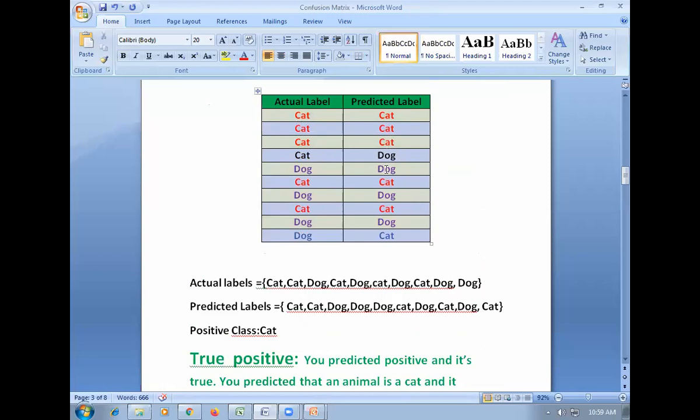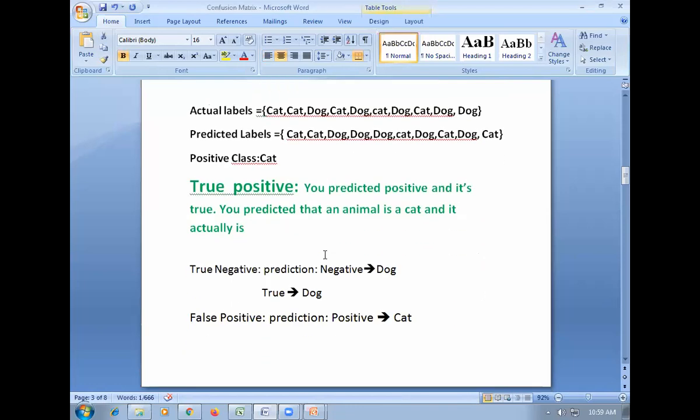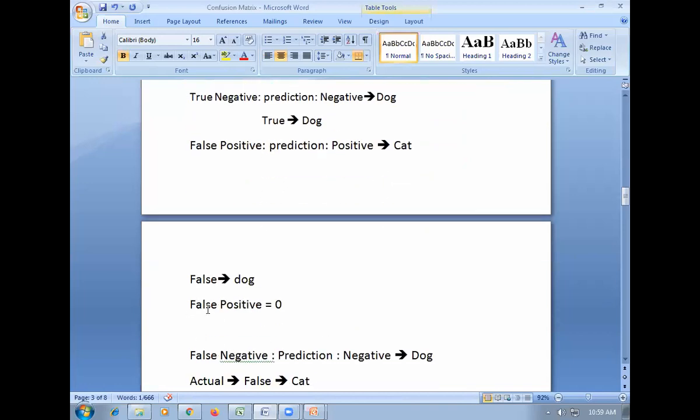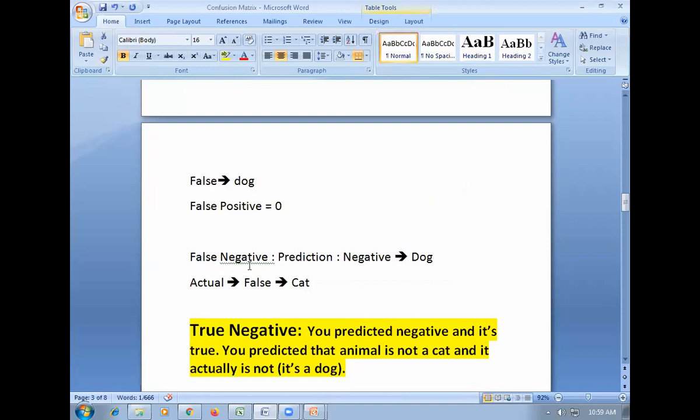Cat label is there, but the actual label is dog. So the count for false positive is 1. Then for false negative,